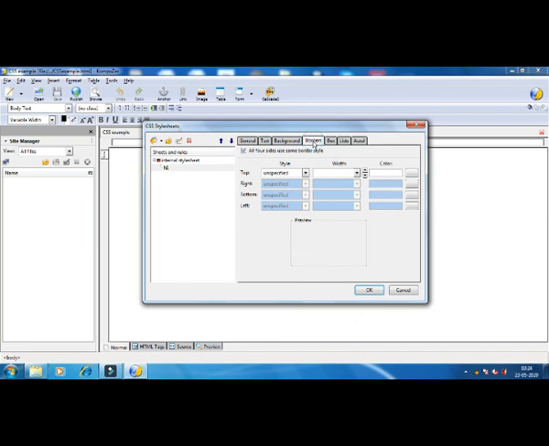Now next, borders. All four sides will get the same border if that checkbox is selected. Now we have removed it and we have seen all four options to change. Now again we are selecting the same border for all sides.